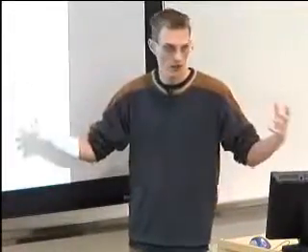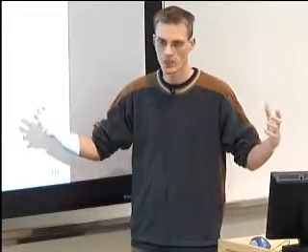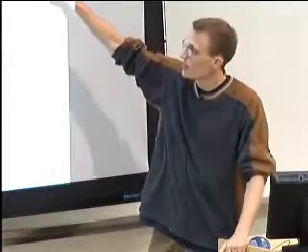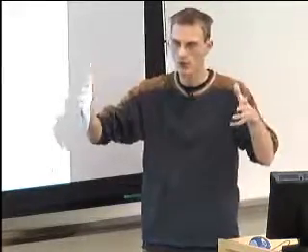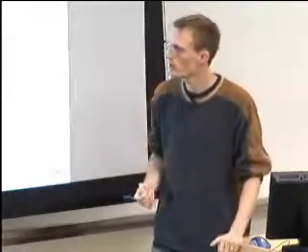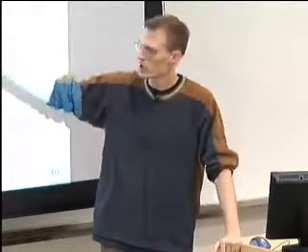Clearly, if you have too many nodes, this graph is large, and it's expensive to compute with. When you try and display this information to an end user, they see this huge graph. They have no idea where they are or what they're looking for. So too many nodes is not going to be good. If we have too few nodes, then we end up partitioning the heap too coarsely. So a classic version is if we partition objects by their allocation site or type. Then if we have a linked list, all linked lists end up in the same partition. And that's clearly not the best way to do things.